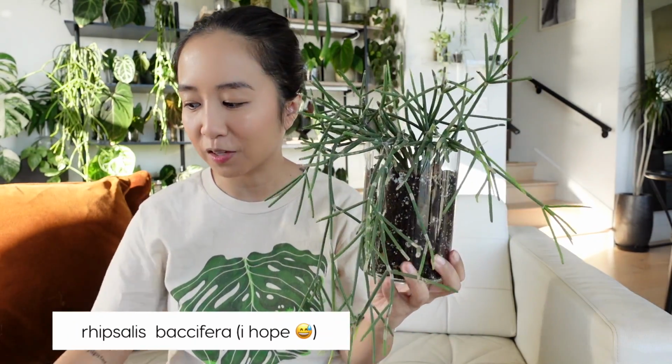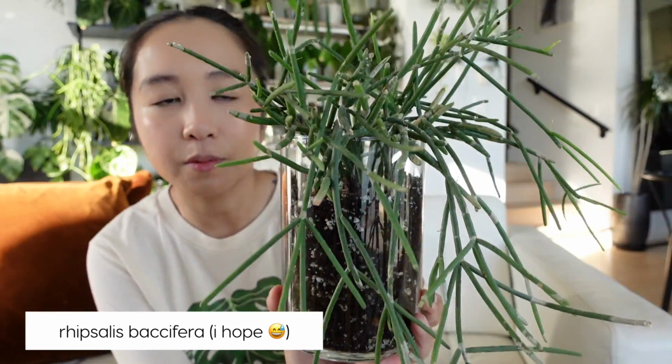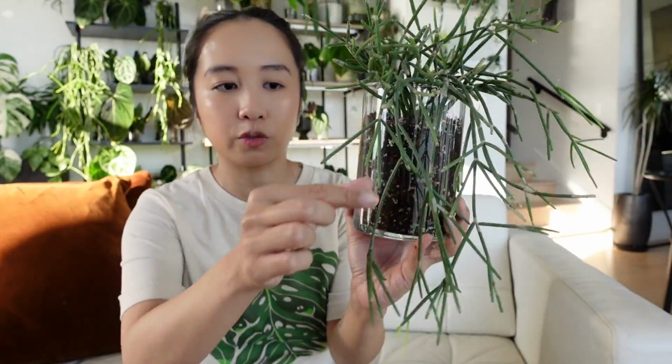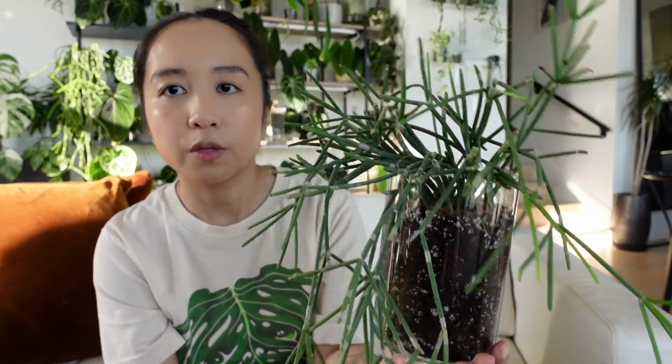This is one of my favorite rhipsalis ever. This is the actual rhipsalis baccifera. Again, very similar to the hoelleri in that they've got thick spaghetti noodle-like arms, but there's just way more branching off, and you'll notice that the spaghetti noodles aren't so long. So this one is gonna be sort of a bushier one, but